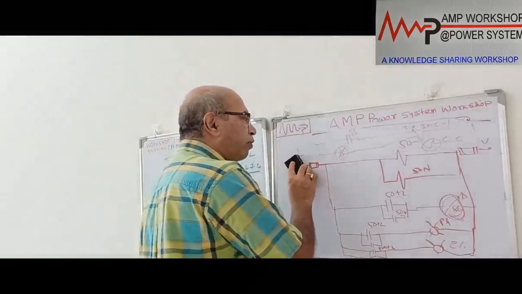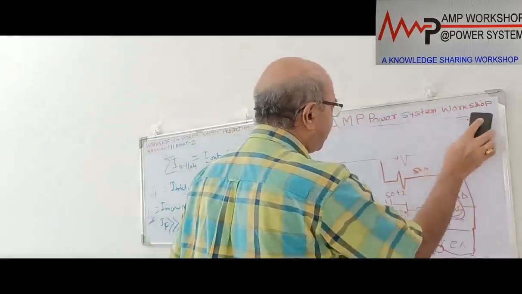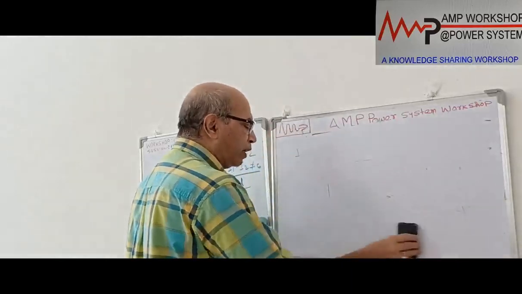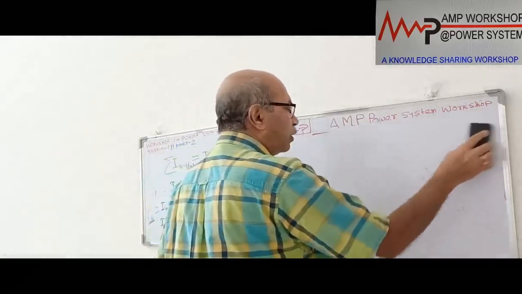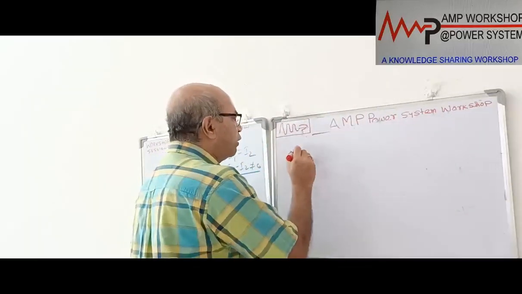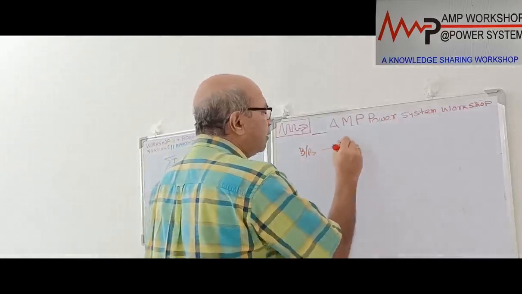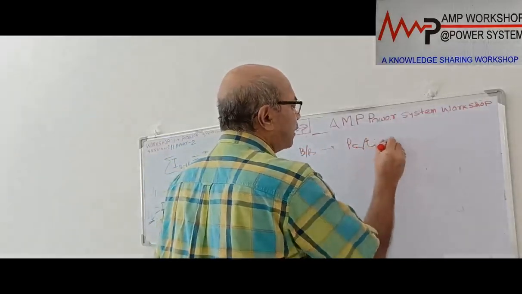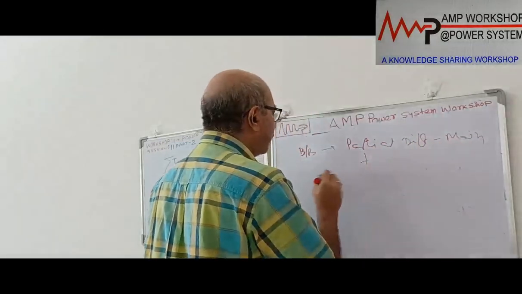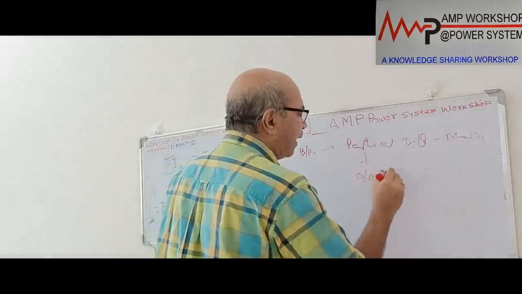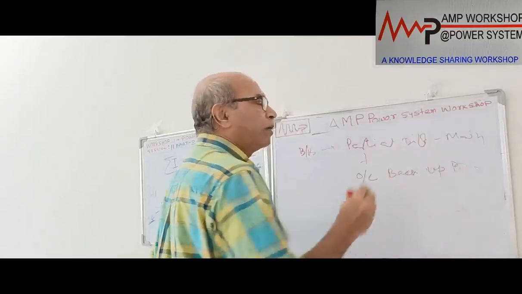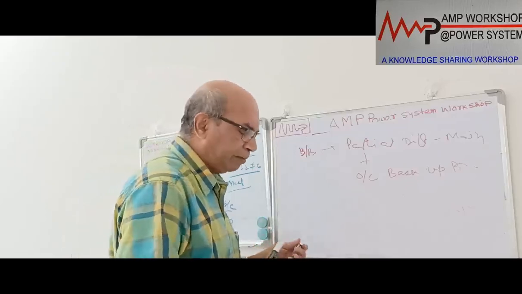When we provide partial differential protection, we have to keep in mind it is the main protection for the switchboard, but we have to give backup protection with it by the overcurrent protection provided for the low voltage switchboard. So for medium voltage switchboards up to 11 kV, bus bar protection consists of two parts. One is the partial differential scheme, which is the main protection, and along with this there will be overcurrent protection as backup. These are the two protections for bus bar protection up to 11 kV.